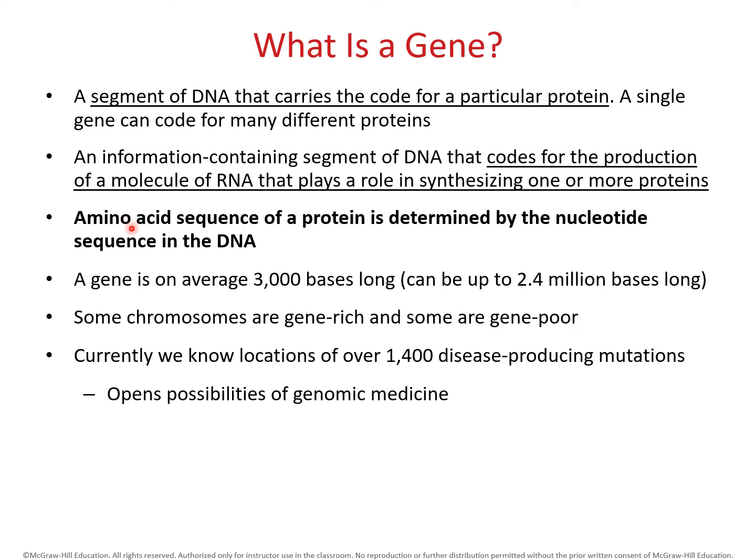So that first stage is the primary stage, or the primary level, and that is just referring to the specific amino acid sequence that will determine what that protein is. So the genes are telling the cell what amino acid sequence should be happening at any given time. And again, this comes down to the nucleotide sequence in DNA. Now, the rest of this information here, I'm not going to ask you about any of these numbers. That's just there for your interest.